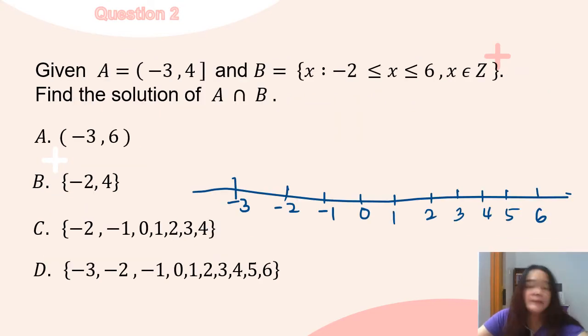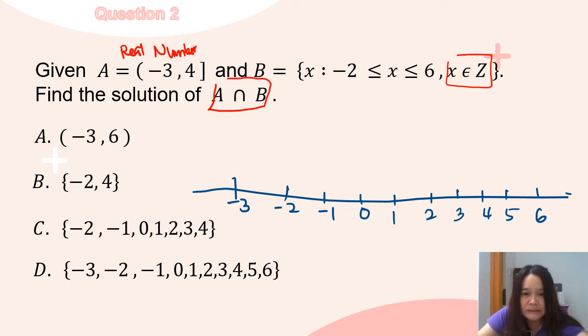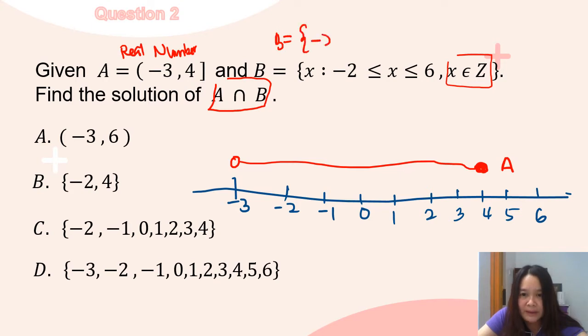For question number 2, A is a real number. That means all the numbers between -3 to 4 included. So this is the real numbers. And B is only the integers. We may use the number line to find the solution of A intersect with B. For the A, we may write it as -3 until 4. So this is A. And for B, since this is the integer, we only include the values of -2,